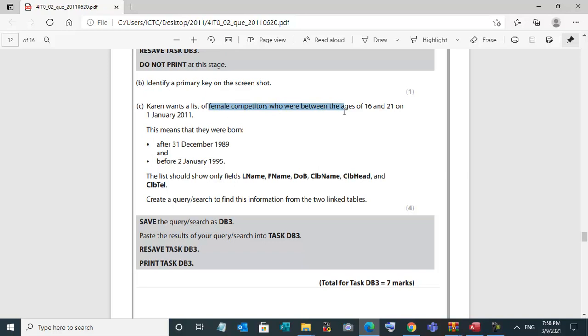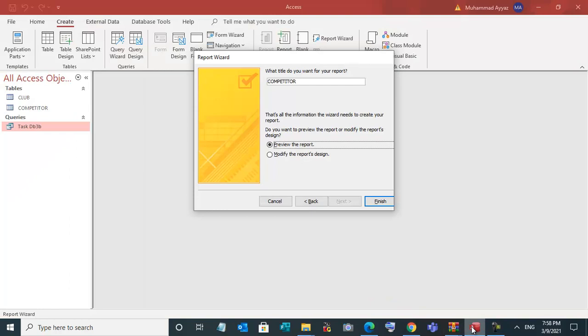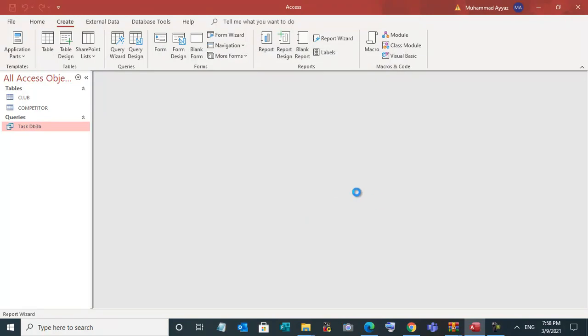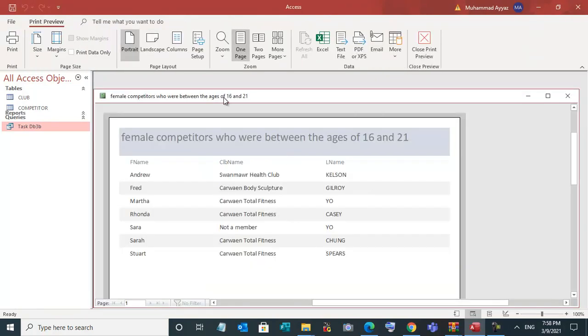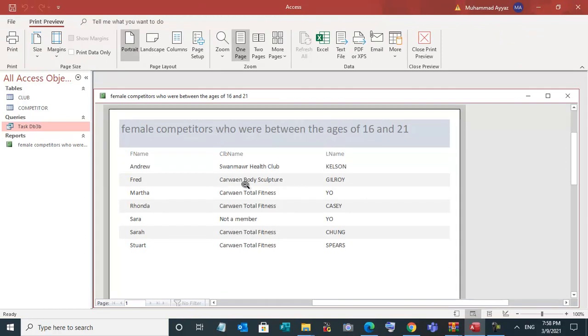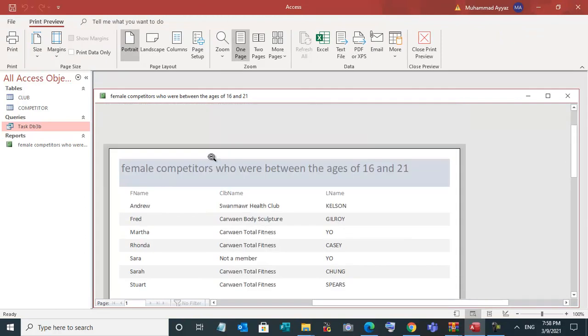Female competitors who were between the ages of, this is enough. Okay. So make sure the title is correct. So give the title here and finish it. See, female competitors who were between the ages of, so this is a report, we can print it.